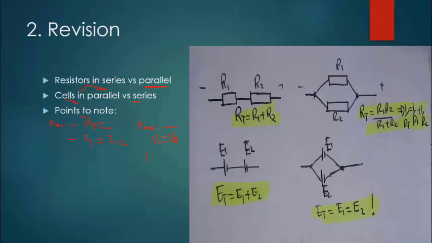So if these resistors have different values, then the current that passes there will be different, and the current passing here will be different. Though if the resistors have the same values, just like we did with the voltages, now for current, when the resistors have the same value, the current might be the same. But just remember that the voltage must be the same for parallel connections of resistors, between R1 and R2. Coming to the cells,